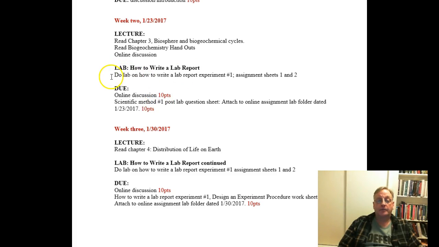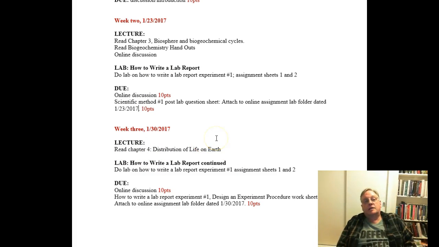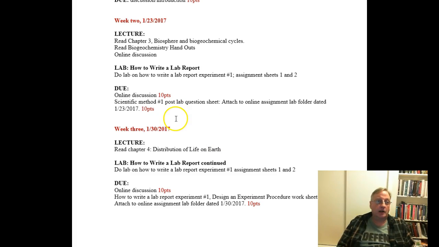Notice that the lab that we're starting in week 2 is not due until the next week. And that's how it generally works. I assign a lab. Some of them, or parts of them, you can do that week. Other ones, you need to do the experiment, wait for the results, and then it won't be actually posted until the following week. So each week, you know what's due by looking under this section here. And each week, you know what to do by looking at the lecture and the lab sections up above.